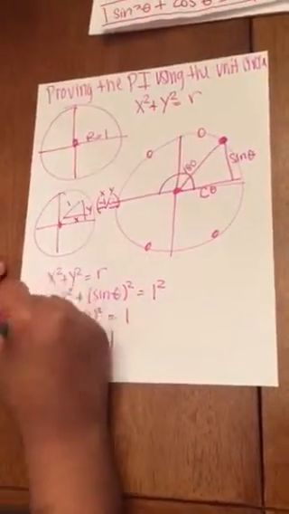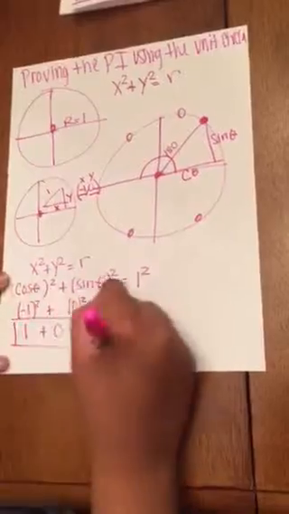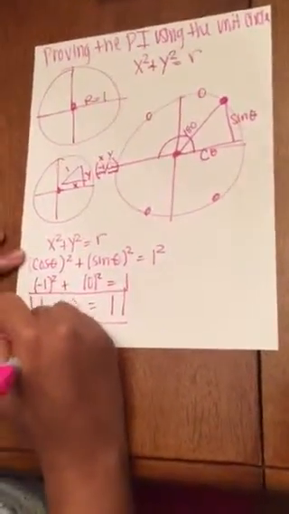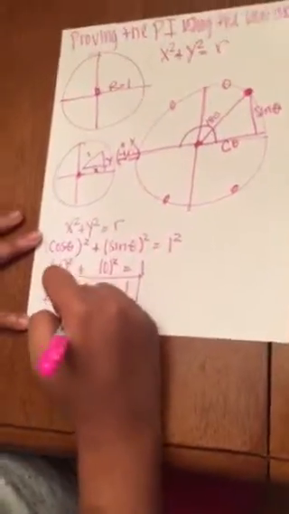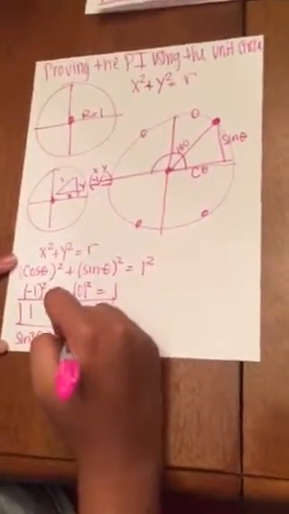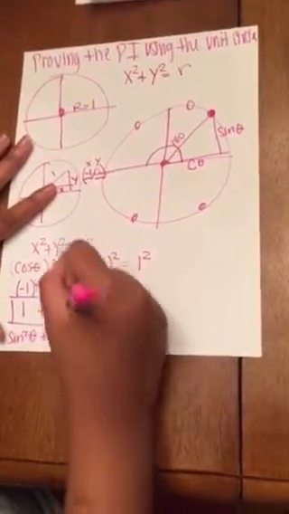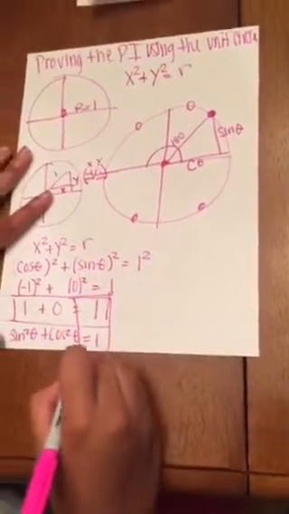And we all know from the last video that our Pythagorean identity is sine squared theta plus cosine squared theta equals 1, and they both match up. So we just proved that